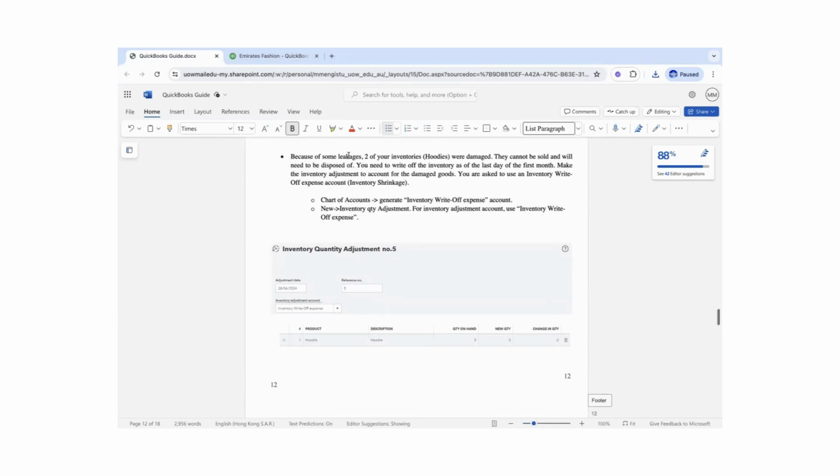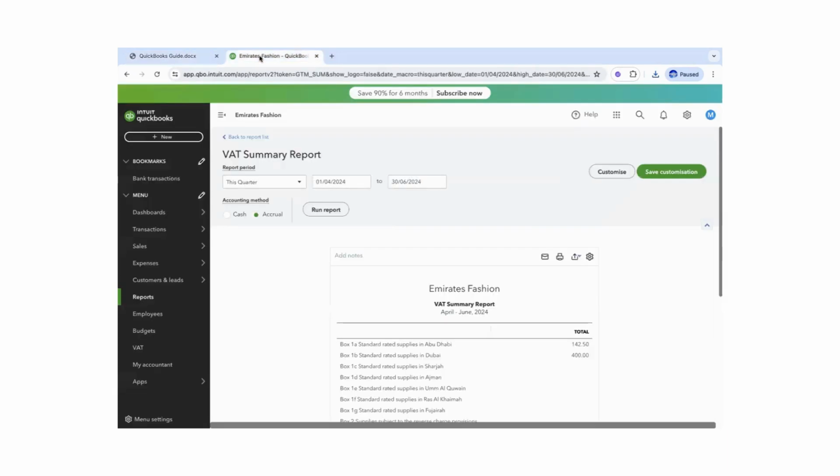Okay, the last part is actually, let us assume we have inventory wastage or some leakage happens. Because of that leakage, actually 2 inventories are damaged. 2 hoodies are actually damaged. So how can you record it? So the first thing is we need to create the inventory wastage expense account. So I'll come here,